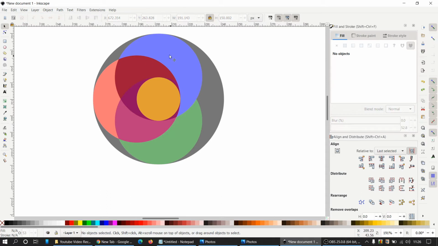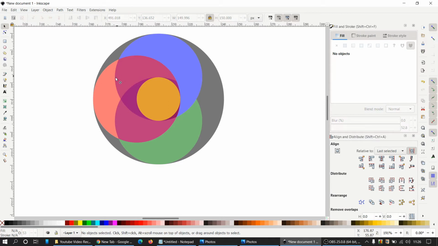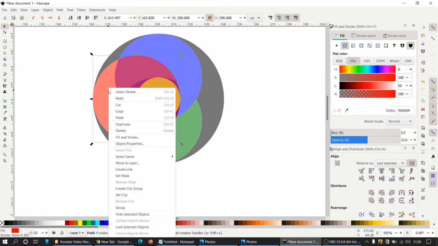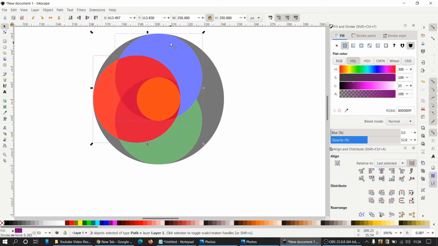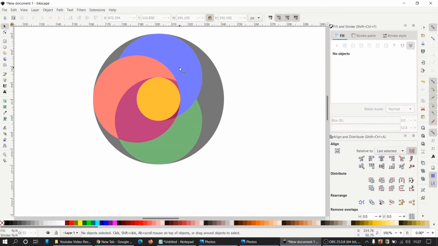now we have to break this part of the blue circle. Before that, let me just tell you that we don't want this maroon part. Now we just press Delete to remove it. So for removing this part, I'll select this circle, right click, duplicate, Shift and select this circle, Path, Difference. See,